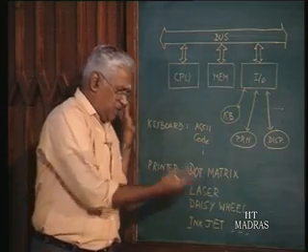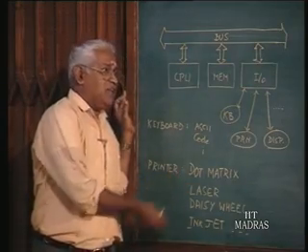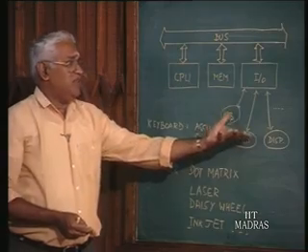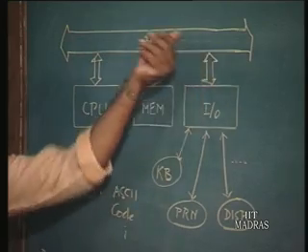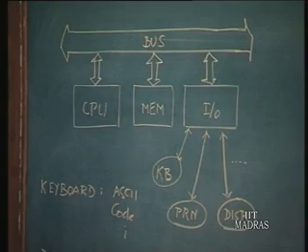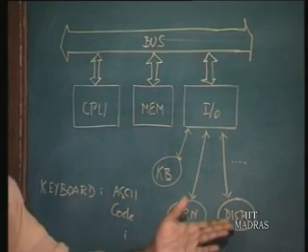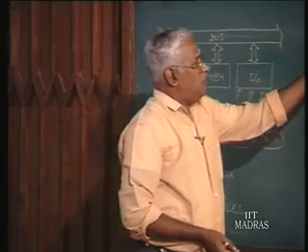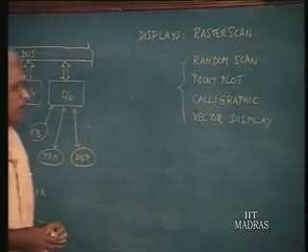Similarly, other things, now laser printer is there, inkjet printer is there. So, all the information on this side will have to be buffered, and on this side there must be some standardization. Okay. Fine. Now, if you take displays, the next one, the most popular one is a raster scan,